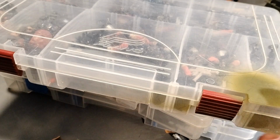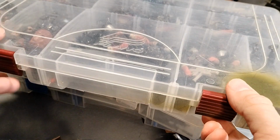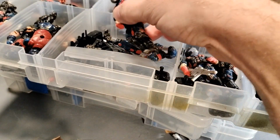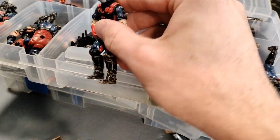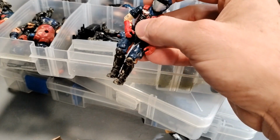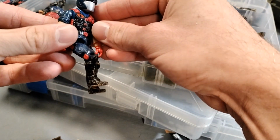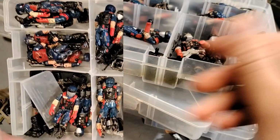But one of the base assumptions that we built one of the antagonists off of, which are the Axii, are these great, they're still covered in mud from last time I played with them. And that's how all my toys are going to be. Painted, muddy, dirty, used. That's the way it should be. But we use these Vipers as the core bad guy infantry, right? So